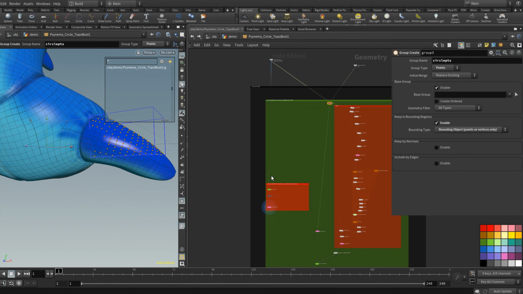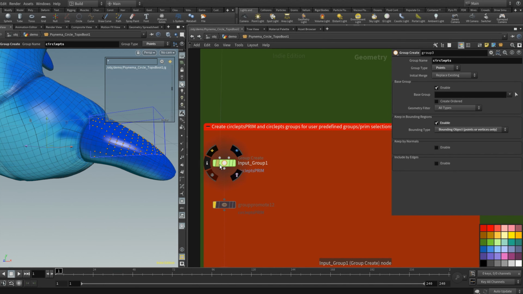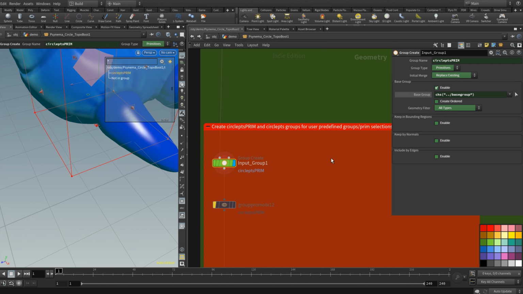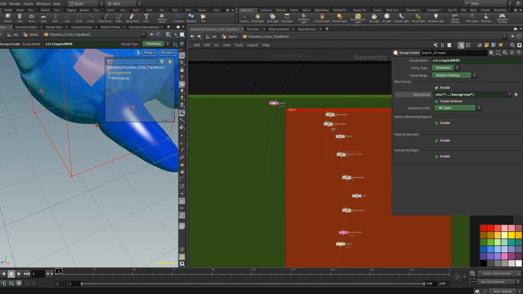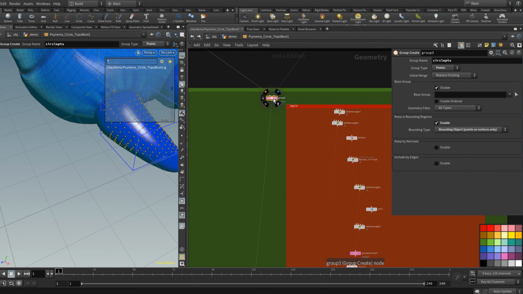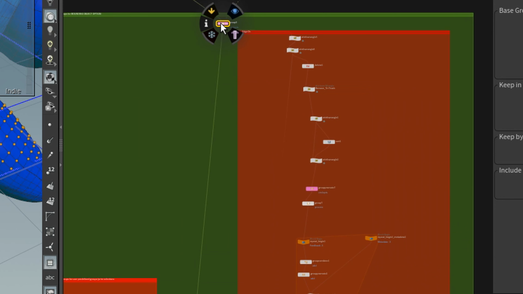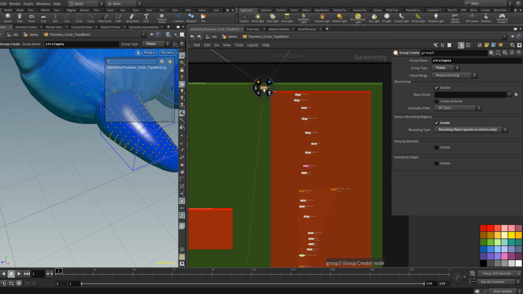If you remember, the first option, the user defined option that made the group circle points prims, the primitives group, made that first, but we have to hold off on that because, again, the bounding box object only takes points. So that is the reason for that. Don't worry, the circle points prim group is coming. Anyway, this group node, to make things simple, we'll cover this last, but we come out of this group node